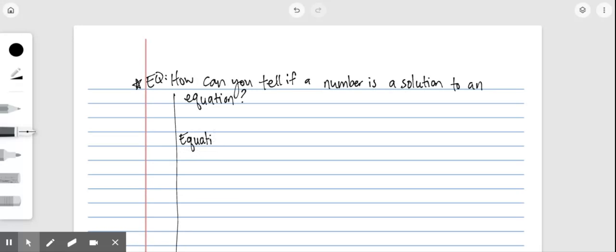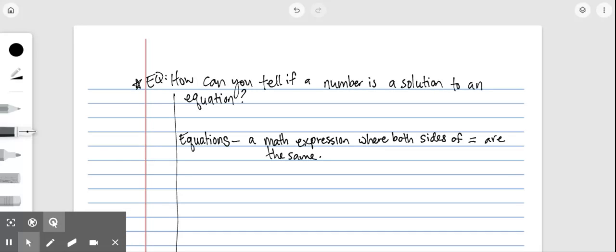What does it mean when I have an equation? Okay, an equation is when two sides of an equal sign have the same value. So a math expression where both sides of the equal sign are the same. So this is why yesterday when we did that activity, we had